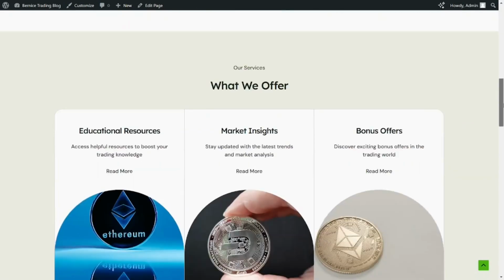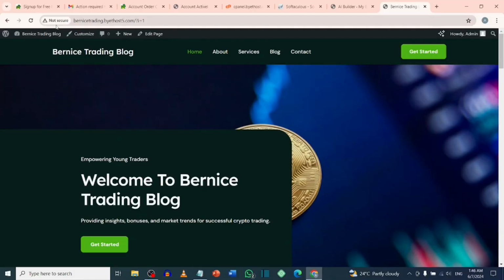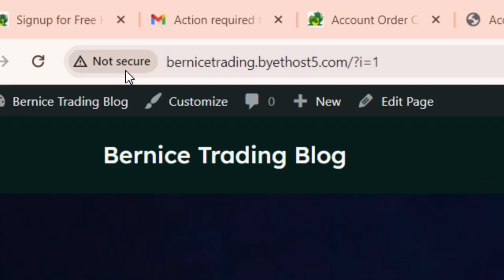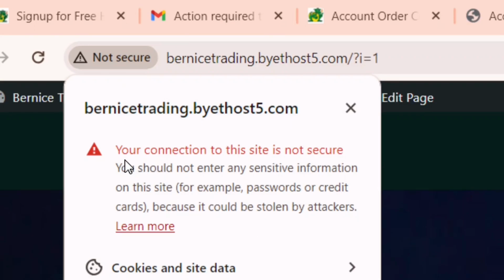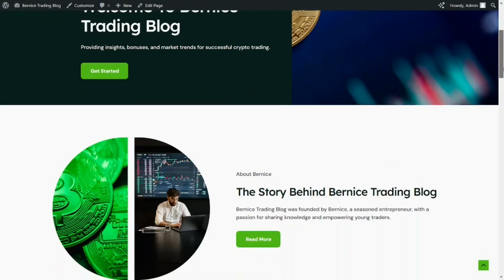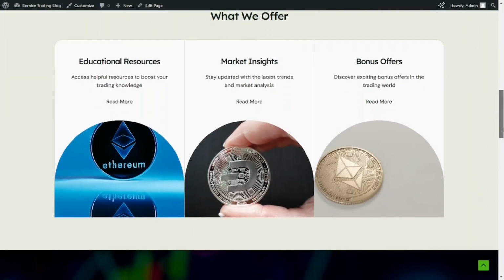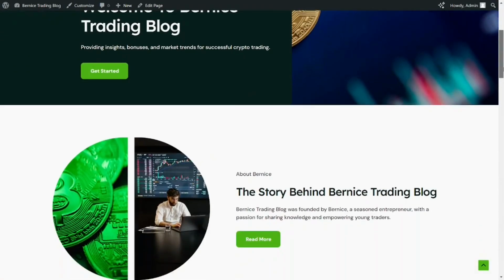Okay, one important aspect of every website is the SSL certificate. So over here it says not secure. When you put the mouse on it and click on it, it says connection to this site is not secured. It simply means that our SSL certificate was not installed automatically when we were creating our website. Don't worry, I'm having a full video teaching you how to get a free SSL certificate for your website on my channel, so check it out and then install the free SSL certificate and